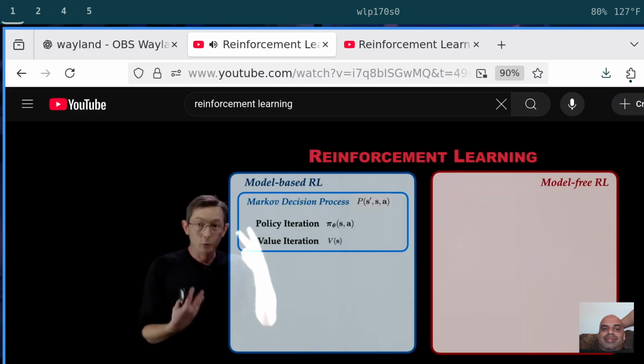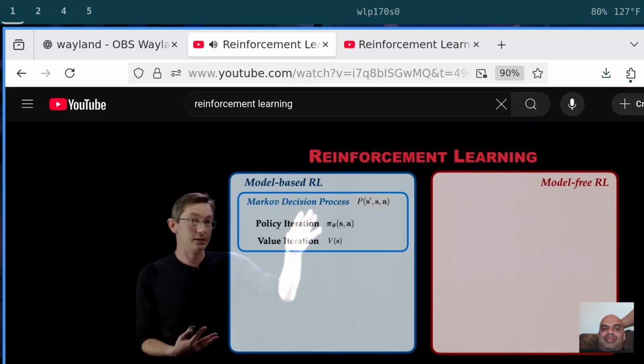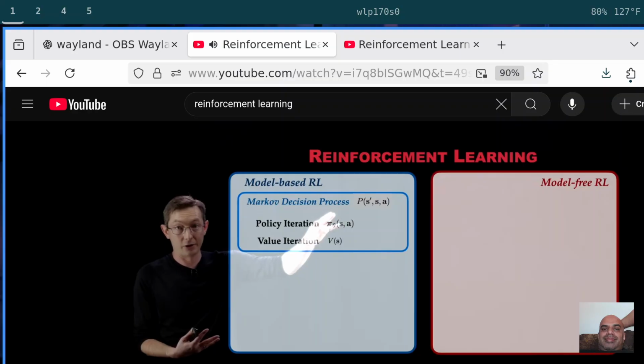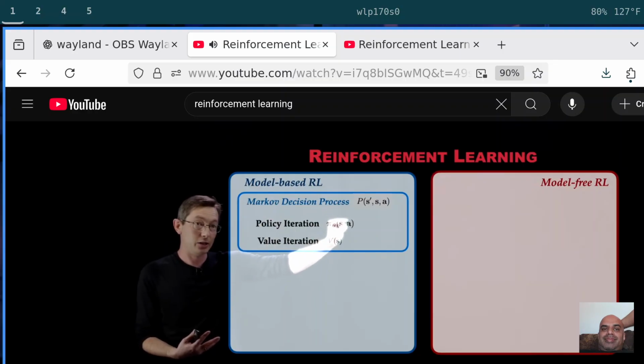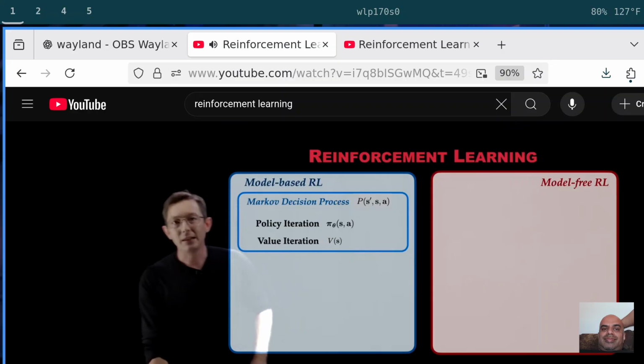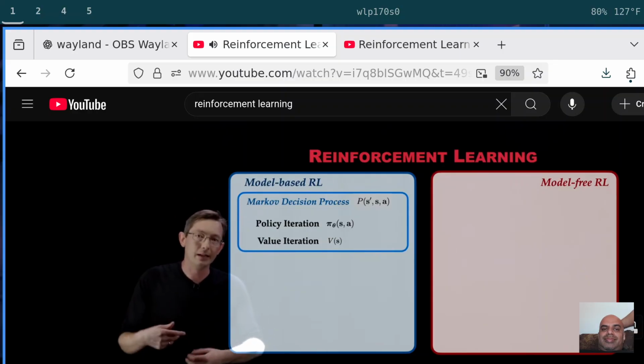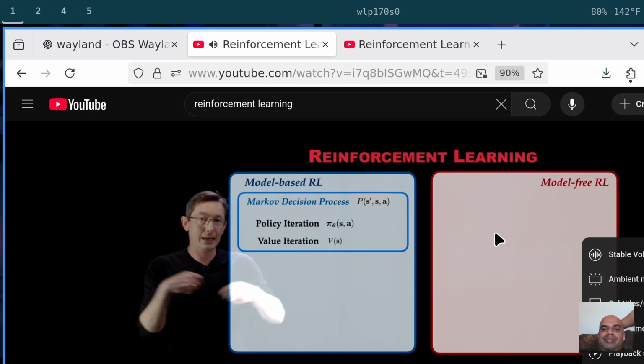Then two really powerful techniques that I'm going to tell you about to optimize the policy function pi are policy iteration and value iteration. These allow you to essentially iteratively walk through the game or the